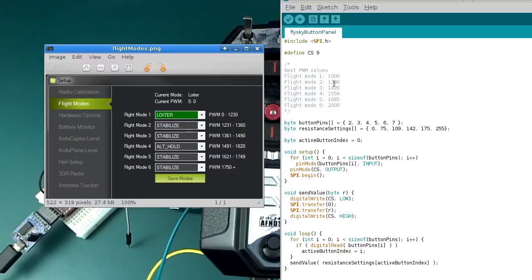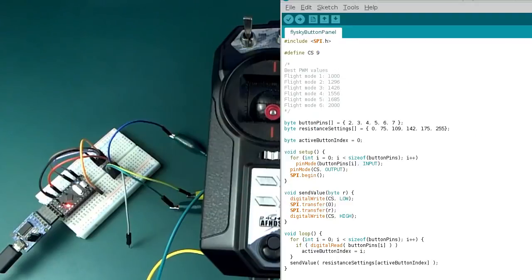So you take 0.296 multiplied by 255, you should get about 75. So that's where those numbers came from. And at the beginning of the sketch we set all of those button pins to be inputs, and then down here in the loop we check all of those button pins to see if, we're just going to use digitalRead because that's fine for this purpose, and if it's high we'll set that to be the active button index,